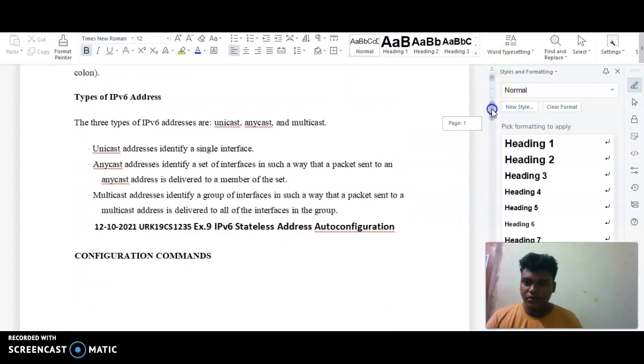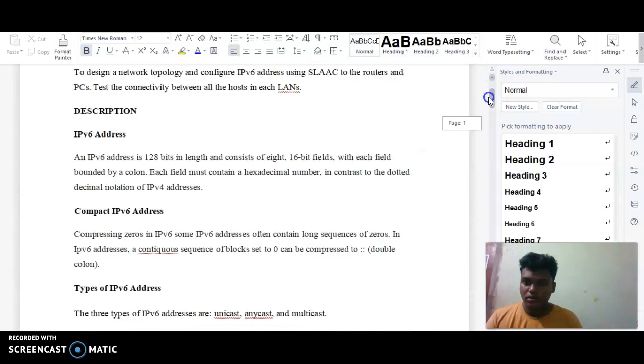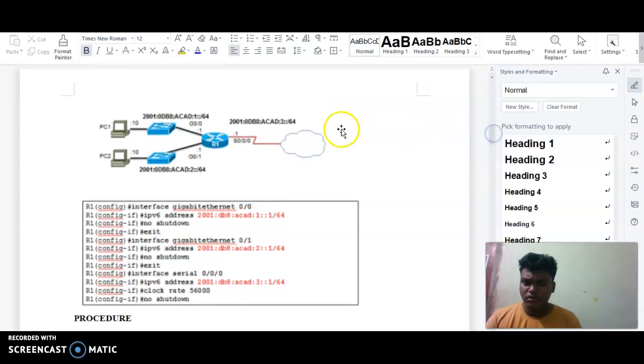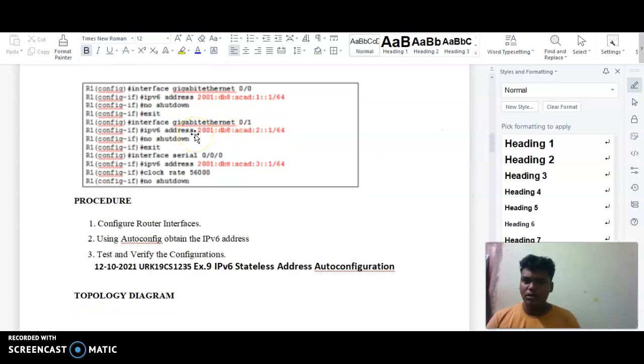each LAN. Now the types of IP address: there are three types of IPv6 address, and unicast. The configuration command is this one, and these are the configuration commands. Interface address, no shutdown, exit, interface IP address, no shutdown, exit, interface serial, IPv6 address, and block address, and block rate